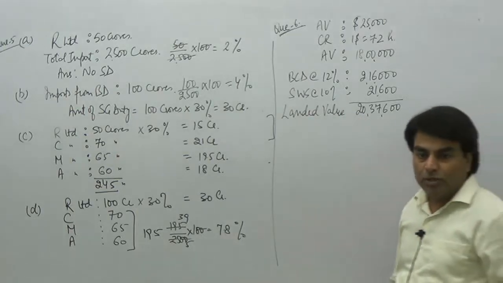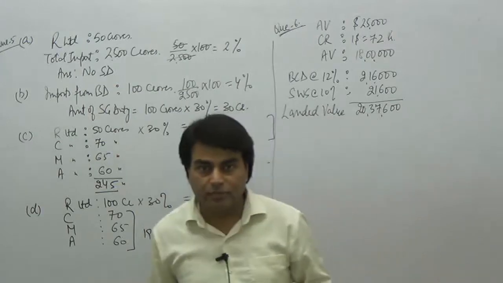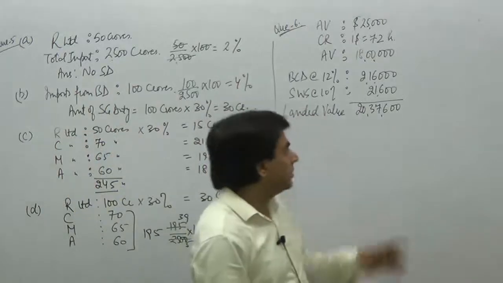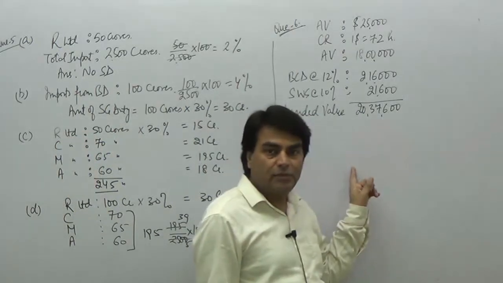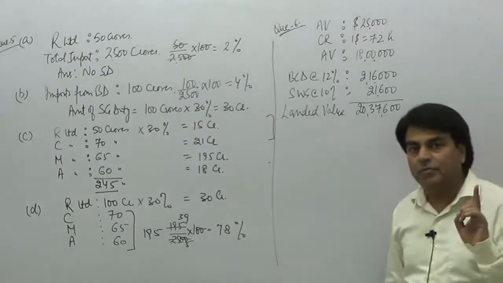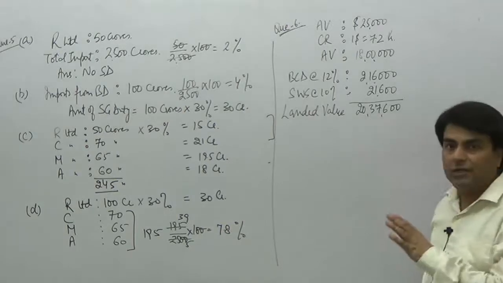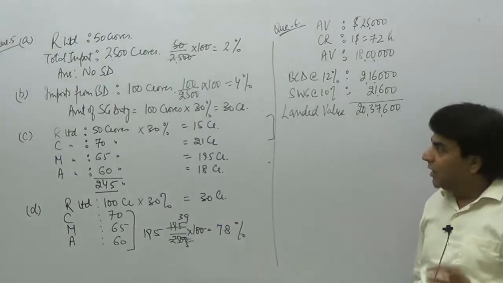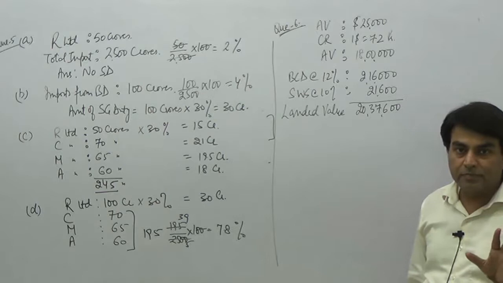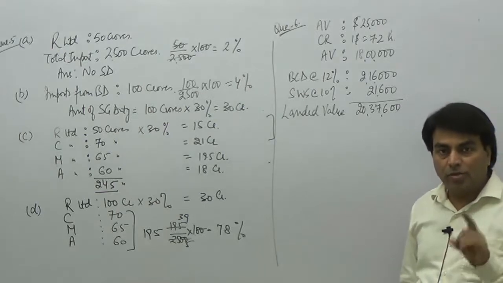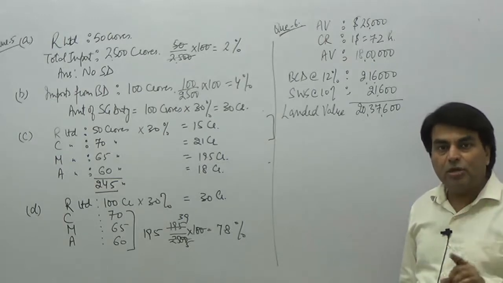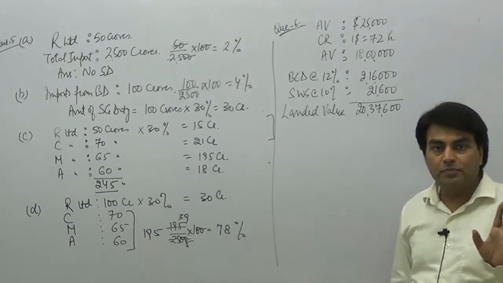Okay. Now you need to work out the anti-dumping duty. In our previous question, after this we worked out IGST. You must remember this, and I discussed that point while discussing the computation of anti-dumping duty. Anti-dumping duty is to be computed before the computation of IGST. Why is it so? Because while working out the amount of IGST, the amount of anti-dumping duty is also to be included in that value.